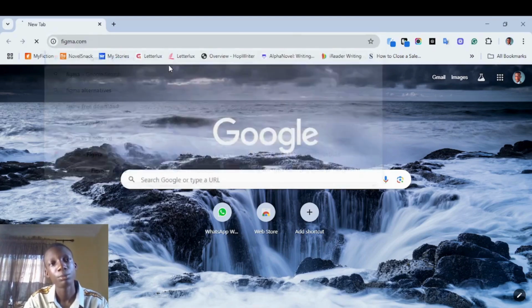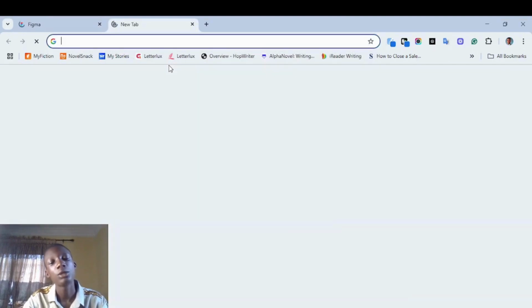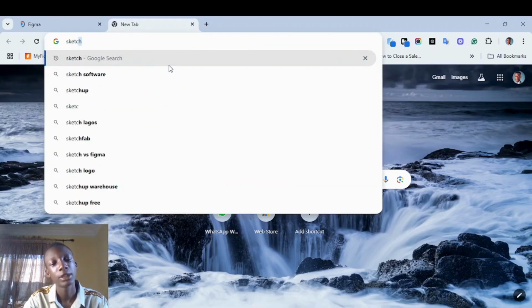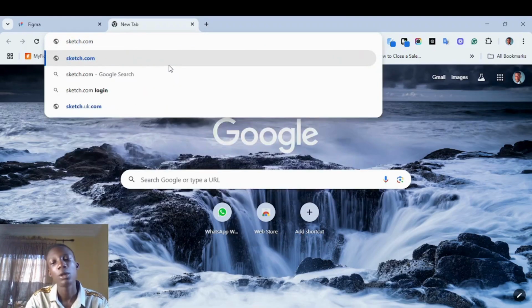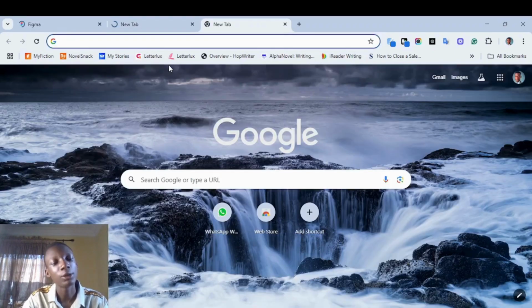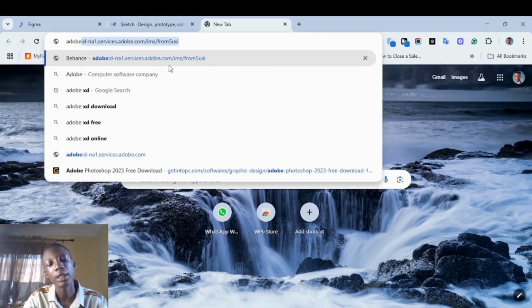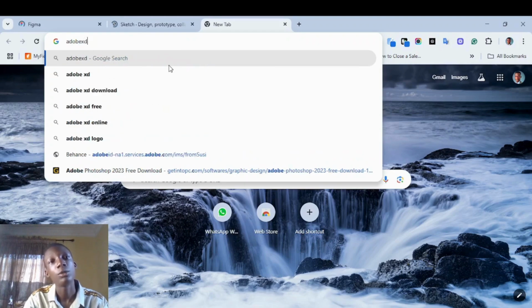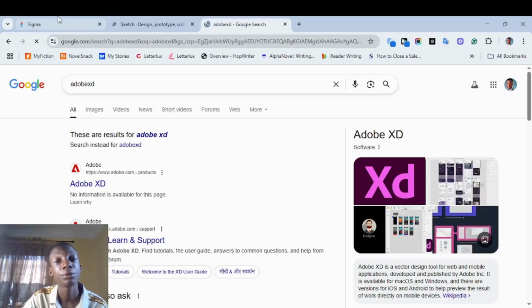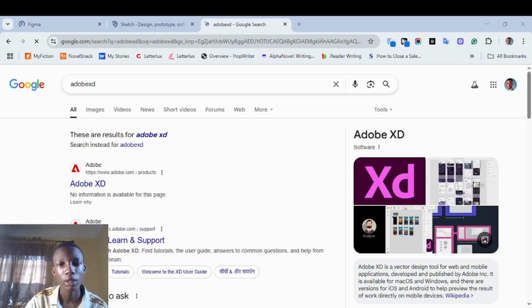figma.com. Another one is sketch.com, while another one is Adobe XD, which can mostly be downloaded. So although the one that